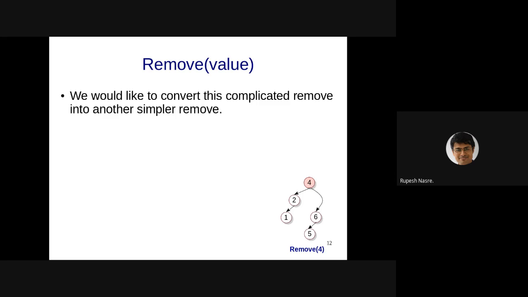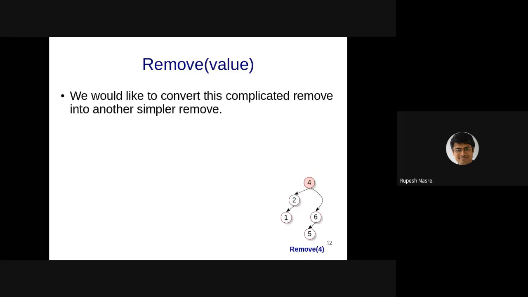Right? So, for example, in this case, can 4 be replaced with 5? That is one part. And the second part is can 4 be replaced with 2? Okay, let's take both the cases. What happens? Let's say that 4 is replaced with 5. If that happens, then 4, replaced meaning exchanged with 5, means 4 is going to become a leaf node and that we can remove. 5 has become root and that actually satisfies the BST property. And therefore we don't need to do anything more. At least in this case.